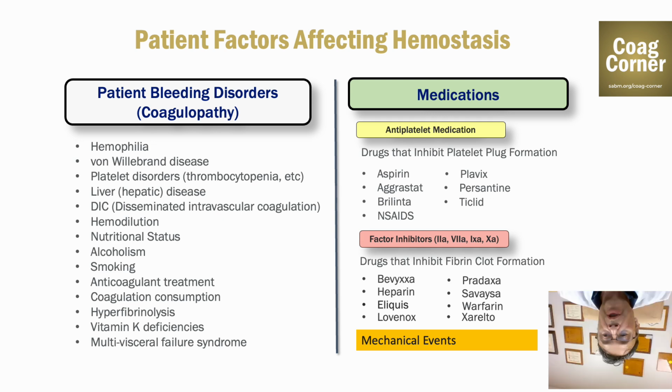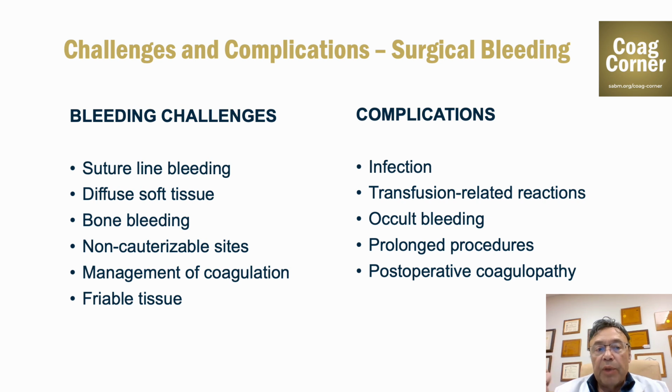can cause a coagulopathy. So, when we talk about bleeding, we have to realize that there are multiple different types of bleeding, and any type of bleeding can very well cause complications such as infection, transfusion-related reactions, occult bleeding, coagulopathy, etc. But like I said, it's very important to understand what type of bleeding, whether it be suture line bleeding or diffuse soft tissue bleeding, such as in a redo operation, bone bleeding from the sternum or from orthopedic procedures, areas or sites which are non-cauterizable because maybe they are in the neurological system or close to some very